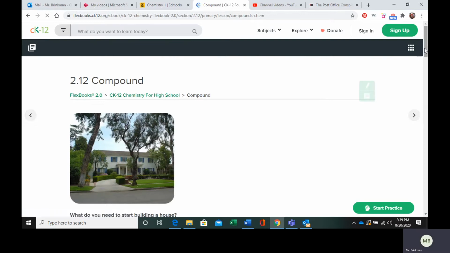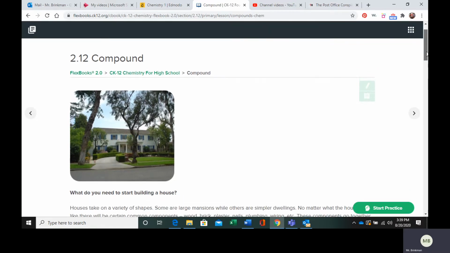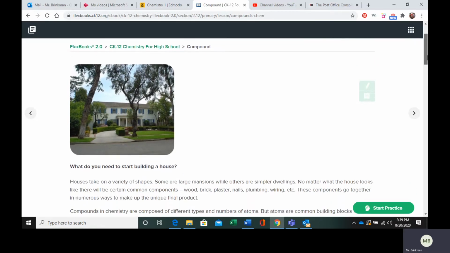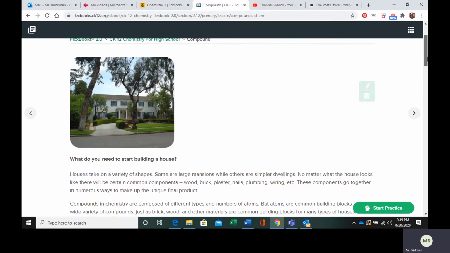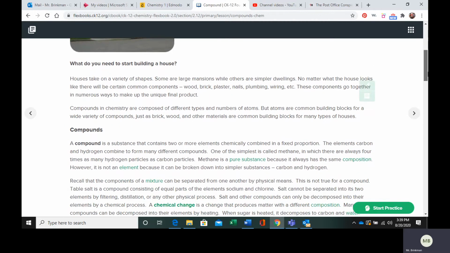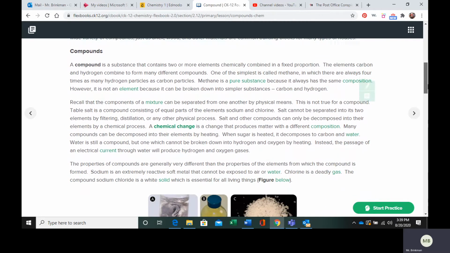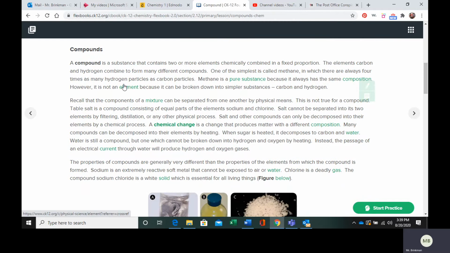So we just learned what elements are. An element is the simplest form of matter. They're pure substances. They cannot be broken down into other pure substances. They cannot be changed into other pure substances. Now, when elements start to combine, they are known as compounds. So a compound is a substance that contains two or more elements chemically combined in a fixed